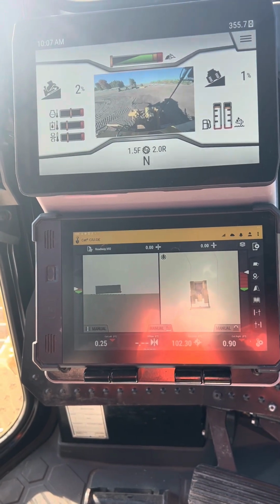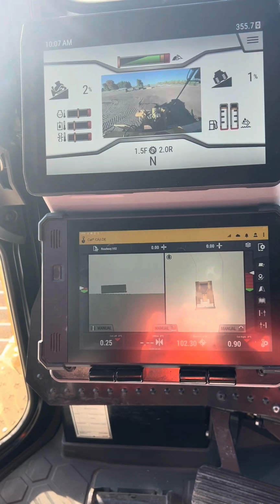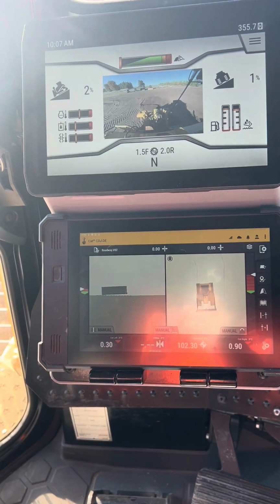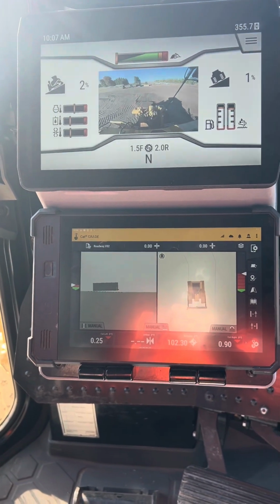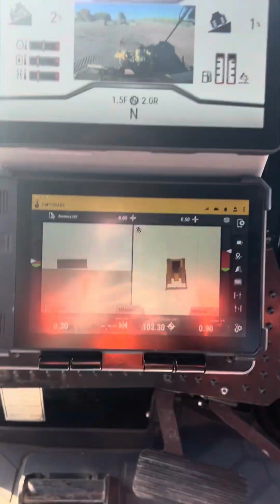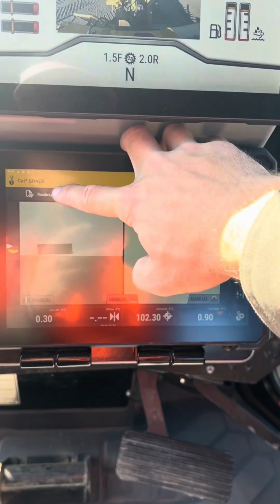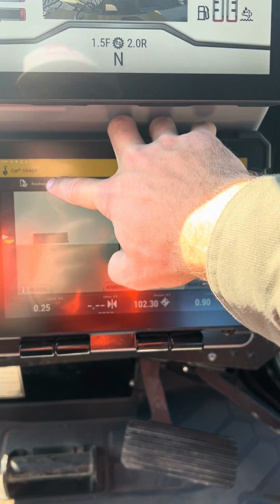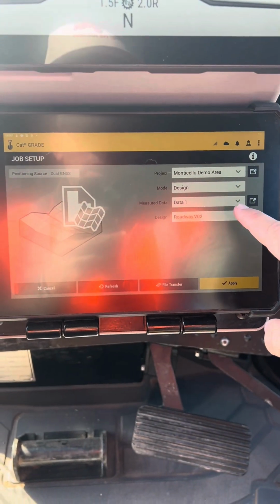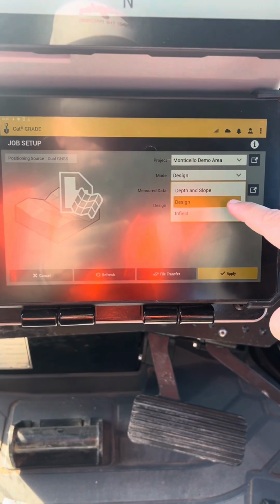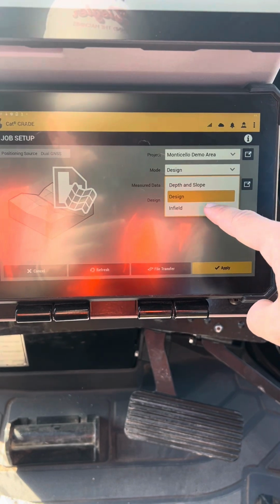Now, if they have a desired elevation at each of these 2 points, they can touch one point, touch the next, and put in those 2 desired elevations, like I'll show you right now. So, first things first, if I'm going to want to do that, I'll click and hold roadway, and this is actually going to be an infield design option. So we come to mode, go to infield,